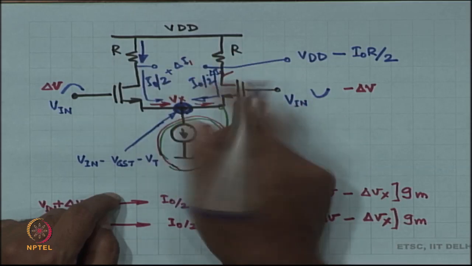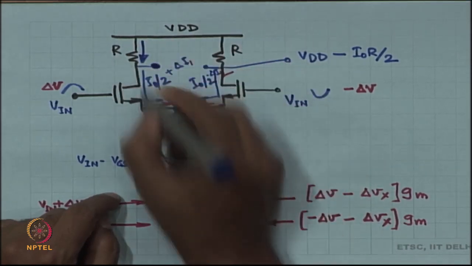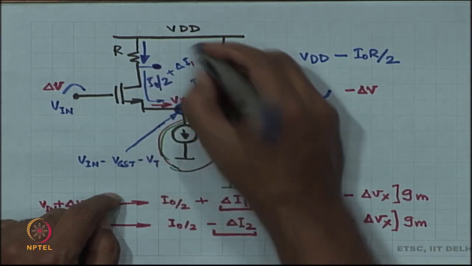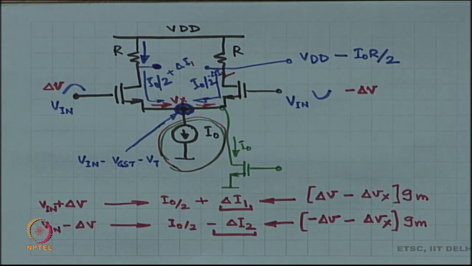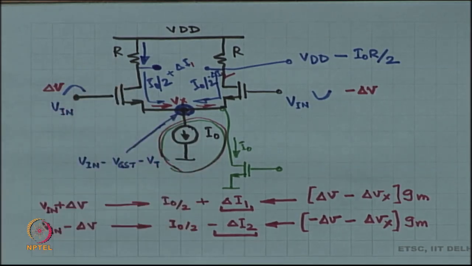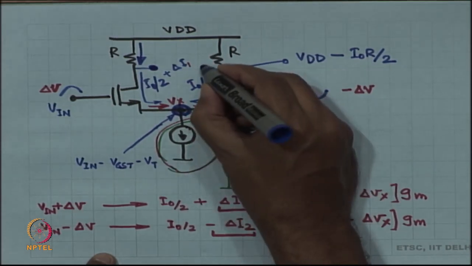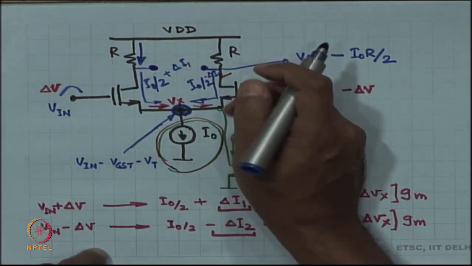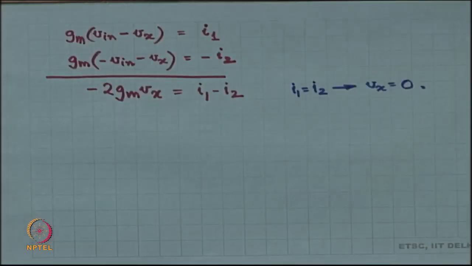So, an extra drop across the resistor, which means that this node V out plus node went down extra by delta I times R, okay, and that delta I went up over here, which means that this node went up by delta I times R, okay, or in other words,